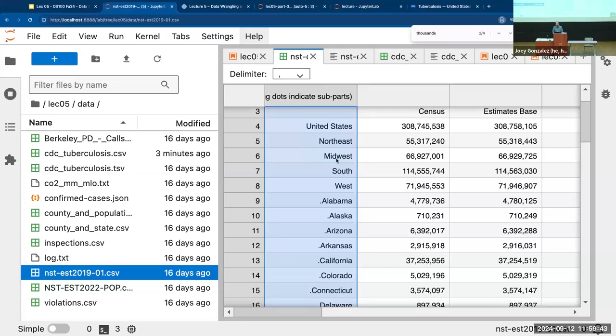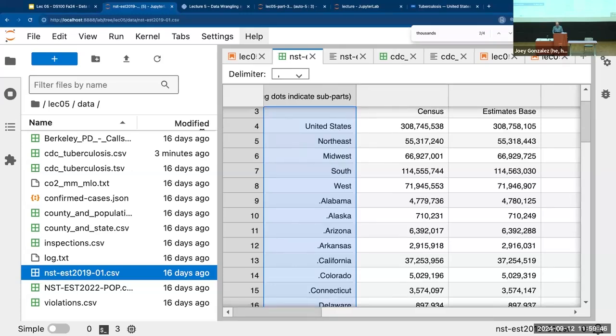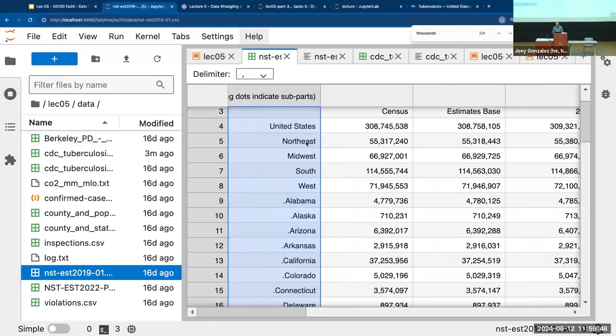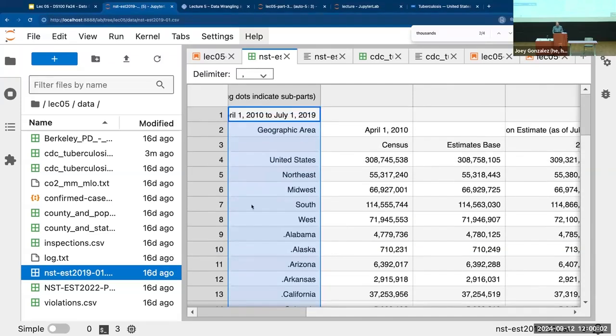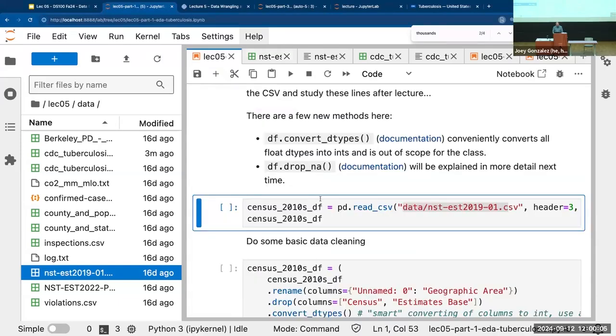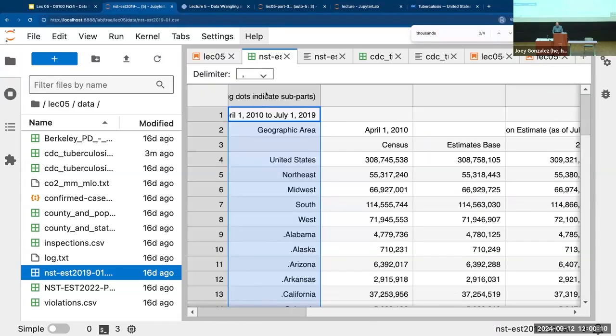What's the granularity? What do you think? We got the United States, we got the Northeast, and we've got, what's the North? Yeah, Delaware. Right, so we have data at different granularities in our table. Okay. And again, this is real data. This is what the world will give you. So we looked at this data and it's got some headers going on as well. There's a bunch of information up here, so comments, and it looks like the real information maybe starts here on the fourth row at location number 3.